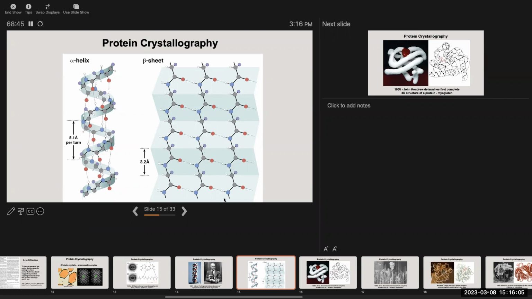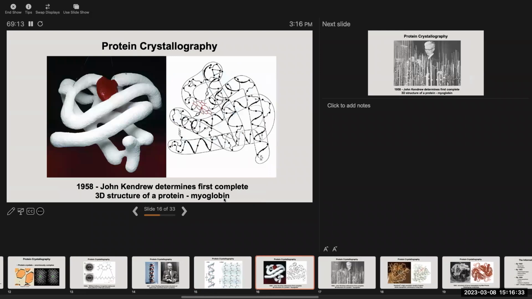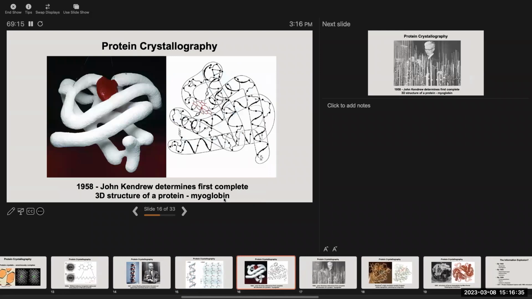So Pauling was recognized for discovering these. He published, I can't remember if it was one article where he described both of these structures or two separate articles in 1951, where he described these two aspects of protein secondary structure. But it still took a little while longer, a few more years, before you could solve the structure of an entire protein. And that was finally achieved in the late 1950s,